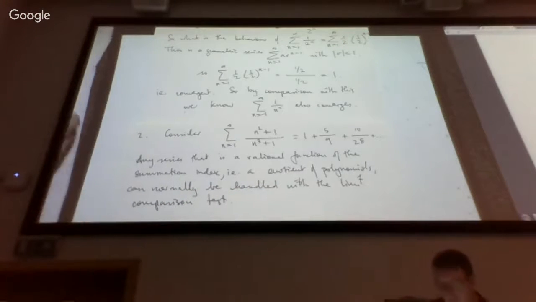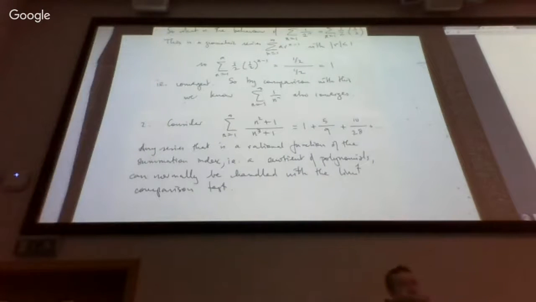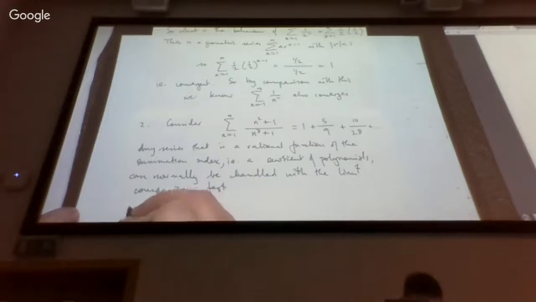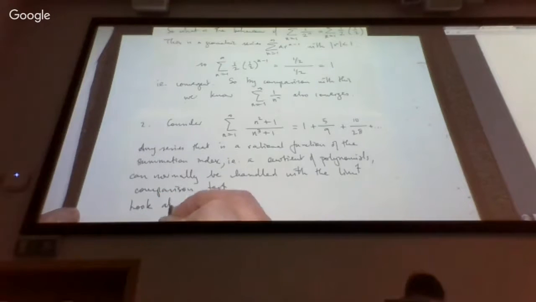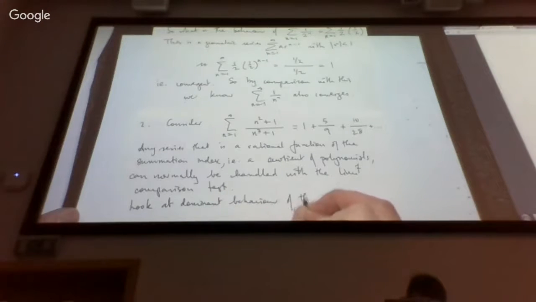It's a good rule of thumb. The only thing is, what do you compare it to? So there's the limit comparison test. You can either try and compare it to a convergent thing or a divergent thing. We form the ratio, we take the limit. But we have to know what it is we're comparing it to. And the way you work that out normally is you look at the dominant behavior of the term,